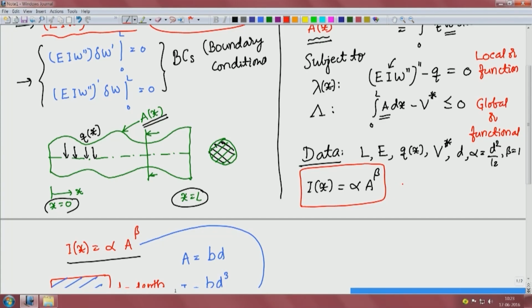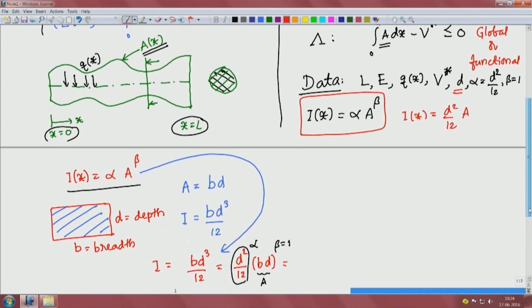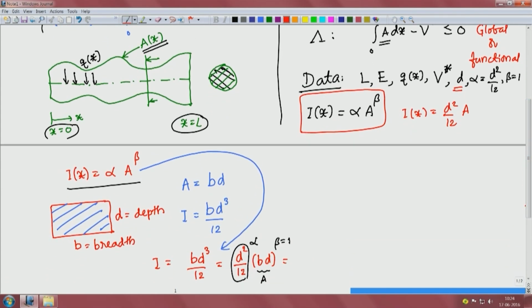So, in this particular case, I of x is d square by 12 into A. A is b d, so I get b d cube by 12. This is by assuming the depth of the beam. On the other hand, if we want to make b assumed, so if we assume